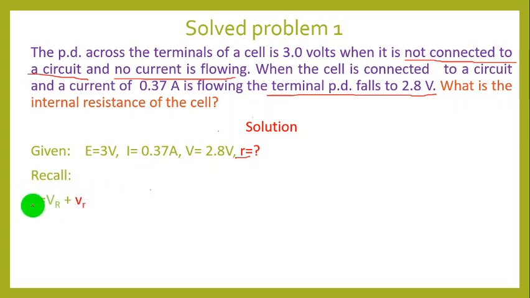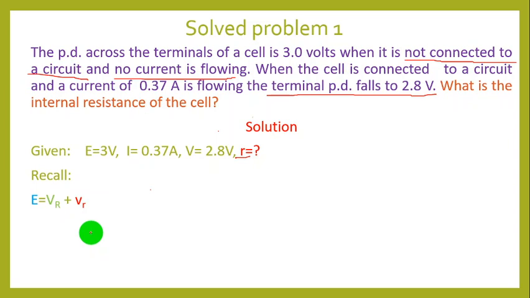We know that electromotive force E equals what? Terminal PD V big R plus lost voltage, the same thing as V small r. So if you're merely looking at this, what we are looking for is not there. The r I'm having in this case just indicates the internal resistance, showing the voltage across the internal resistance. That doesn't mean we're having V multiplied by small r, meaning I'm just having V subscript r, not the